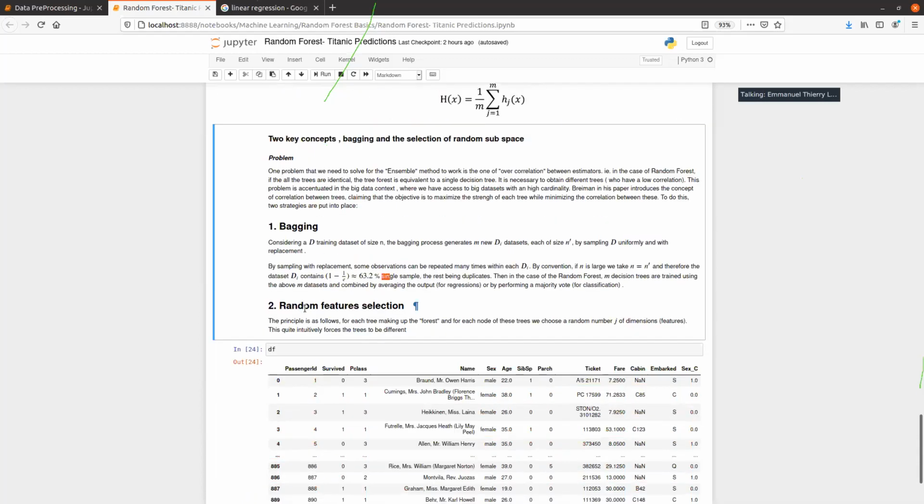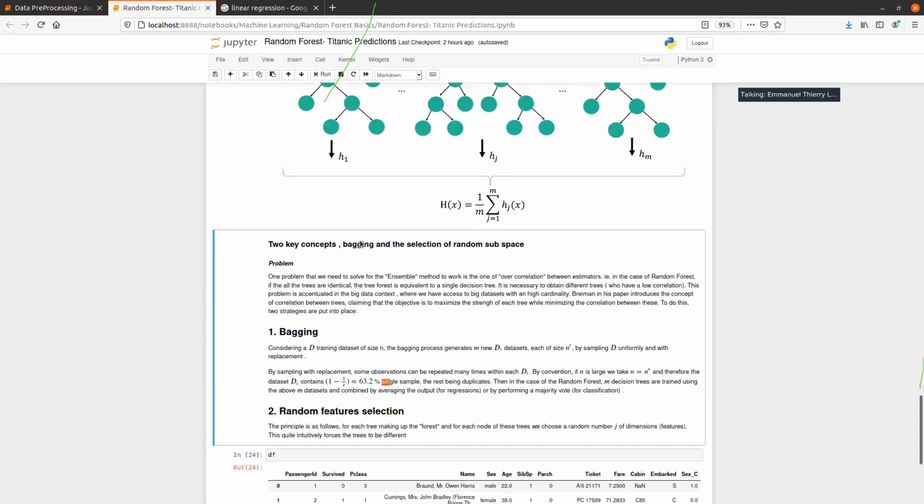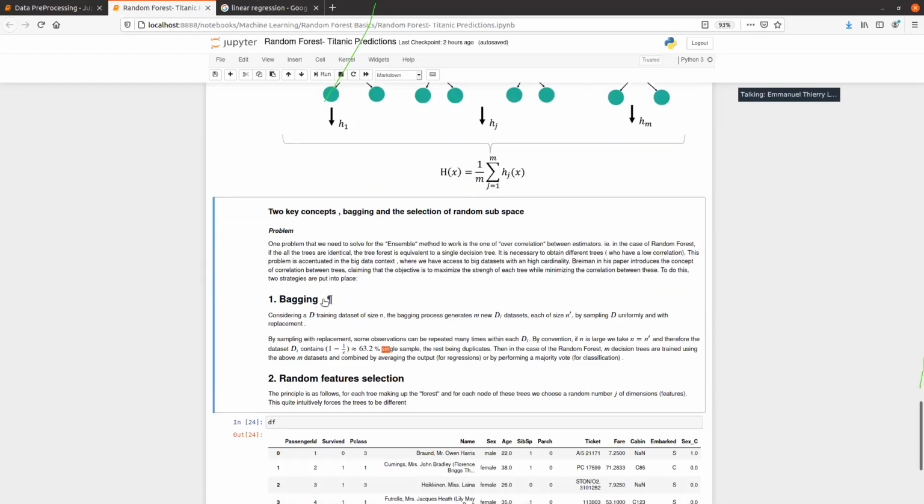For each tree, you perform that sampling. And therefore, each tree will be trained on a slightly different data set, thus making each tree a little different from the others. And so that's the bagging method. And there's also another mechanism that allows you to do that, which is random feature selection.